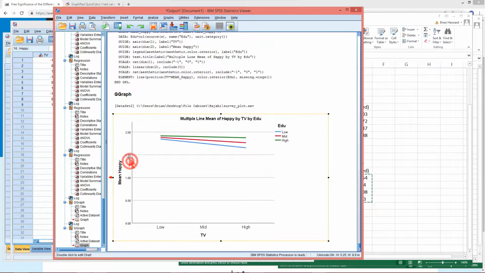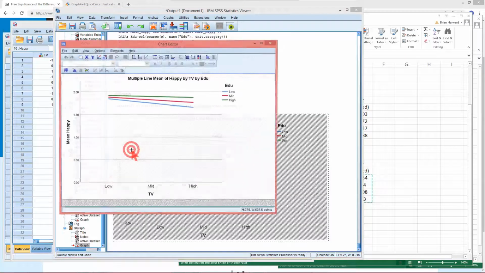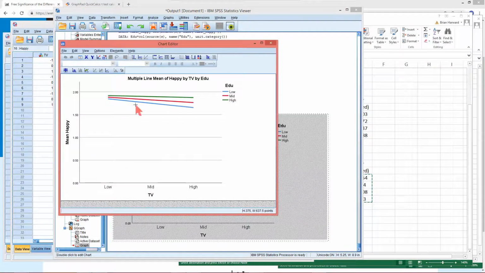But this starts to look really neat. And this would still be part of what you could call a simple slopes analysis, but at 3 points. If you want to test the significance between mid and low and mid and high, you'd have to go back and run the testing that we did with mid and high rather than low and high as we did to compare those differences. But these are really compelling ways to do this. Don't forget to also change this so that this looks a little better,